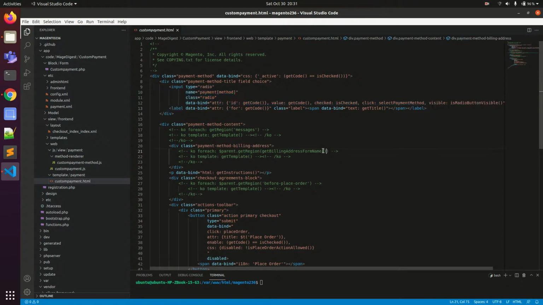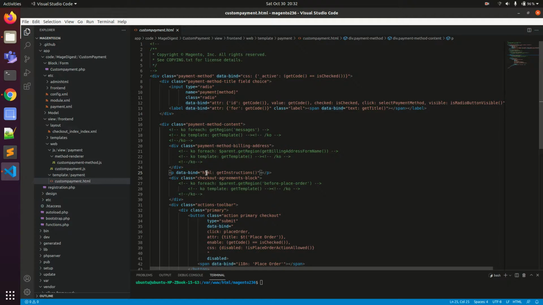Apart from that, these are the knockout.js files, that is content, payment method, billing address, same thing, knockout.js, and get instructions, data bind. Data bind is nothing but a property of knockout.js, meaning it is trying to bind whatever values we have to that particular HTML tag.